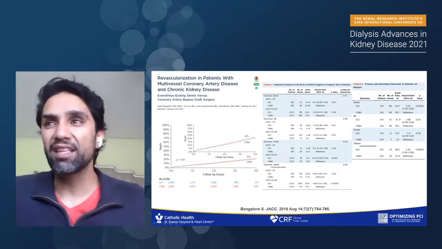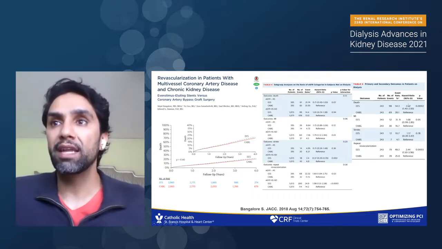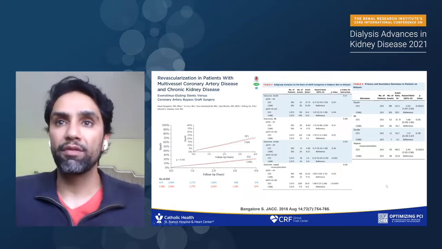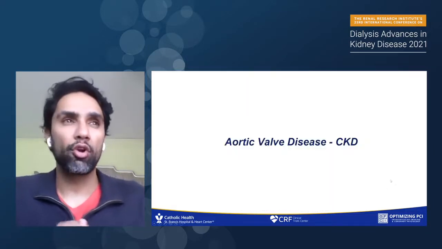If you look at the dialysis population, it's a lot different. That's why we can't lump these together. You'll see that the risk is much higher in patients who undergo stenting for death, myocardial infarction, stroke, as well as repeat revascularization. So that's how I'm going to end on the session of coronary artery disease and provide